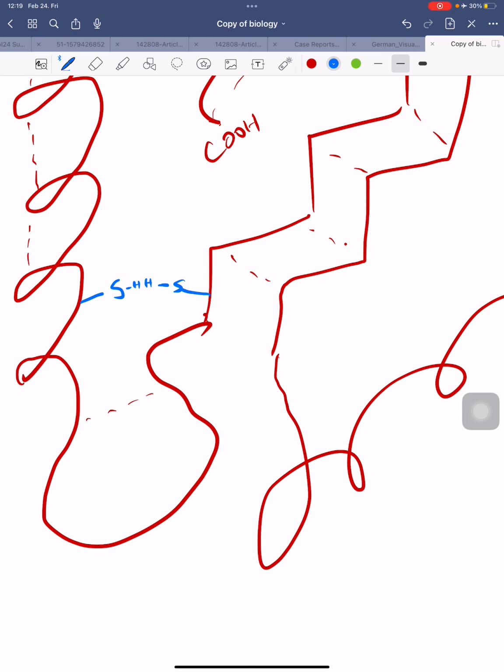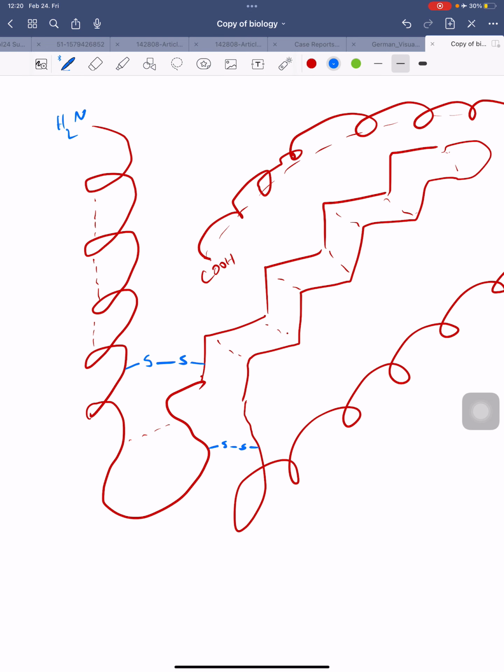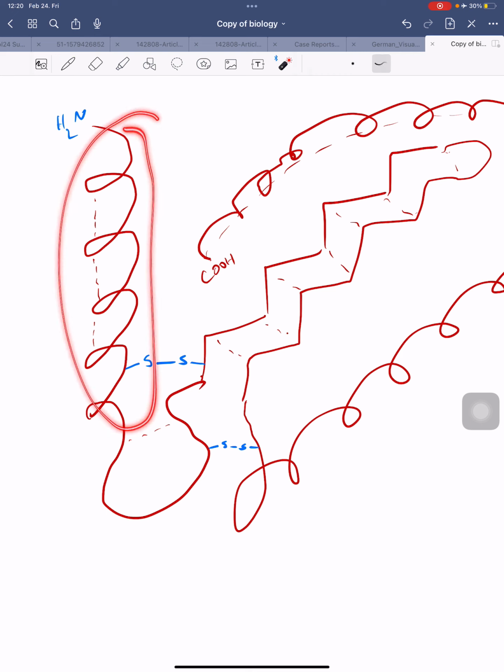Okay, remove the hydrogens, and the S groups bind each other. It is called a disulfide bridge, for example, between this cysteine and this cysteine. As you see here, it causes this alpha helix to bind to this beta sheet. Okay, maybe we have a